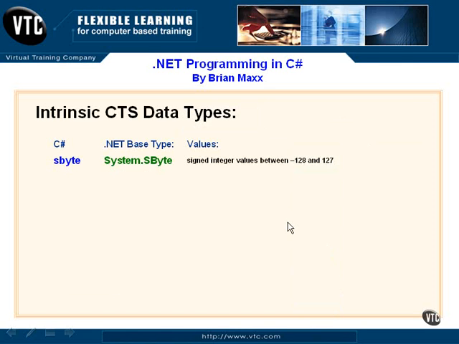Now what does that mean? Well, if we take a look at the bytes, for example, .NET base types of System.SByte and System.Byte. These are signed and unsigned 8-bit integers, so these represent a byte. For the signed integer, this is going to mean that we can have a negative value, from minus 128 to